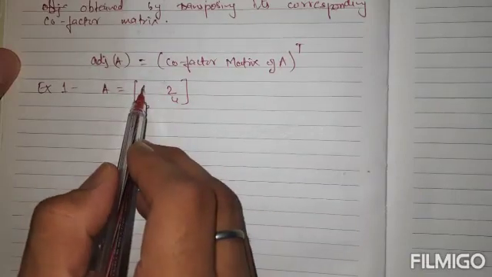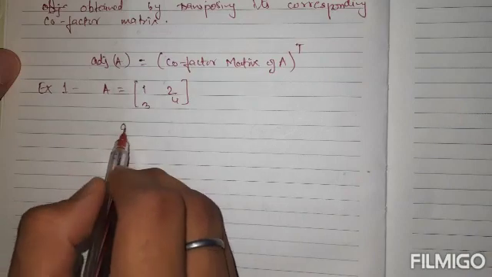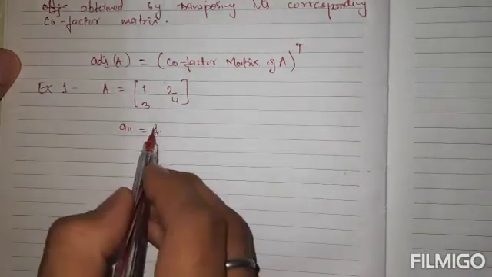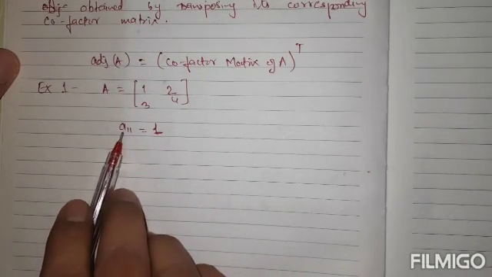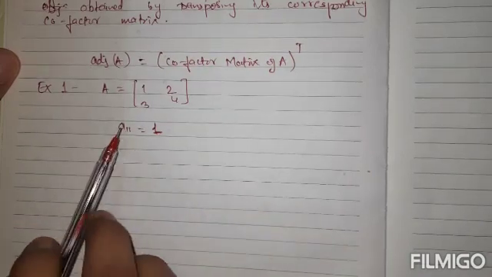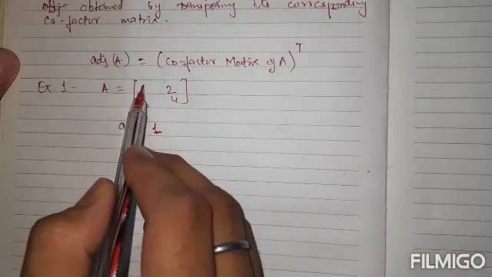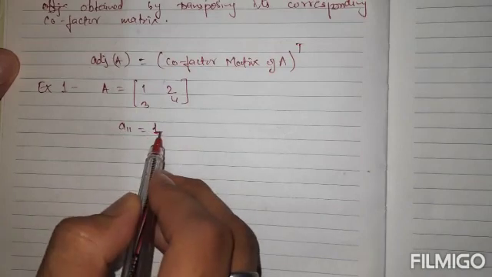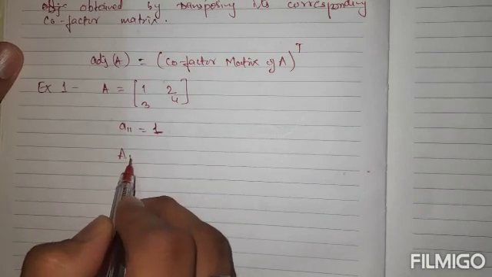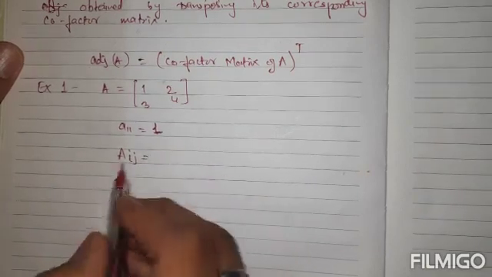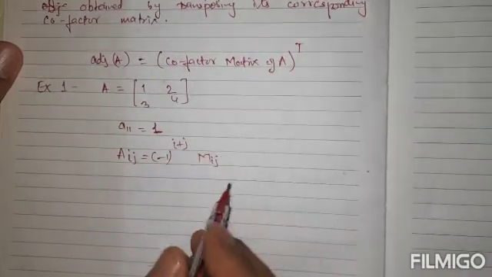You know that any element is denoted by the symbol small aij, like this one. Here we can say that a11 is 1. This symbol is used for one element, and for the cofactor we use the symbol capital Aij. Here we have to find one by one the cofactors of each of the elements. If a11 is 1, means this element is 1, its corresponding cofactor is obtained by, you know that the general formula of cofactor is minus 1 raised to i plus j Mij, where Mij is the minor.